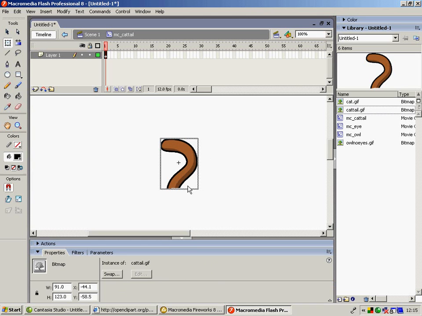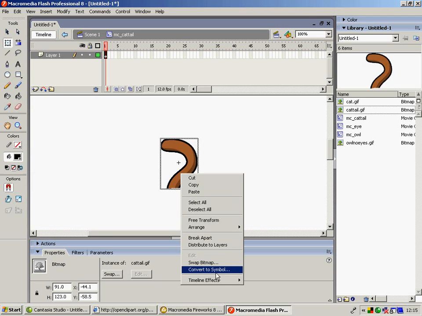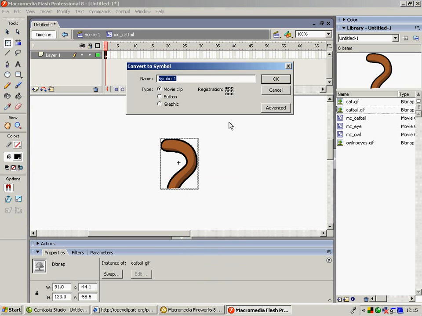But before you motion tween anything, you've got to say to yourself, this graphic is so important because it's going to move that I better give it a name. I better give it a very special name. And I have to convert this to a symbol. To do that, I'm just going to right click on this tail, convert to symbol. But this is a very special graphic. Okay, so I'm going to convert this to a graphic,